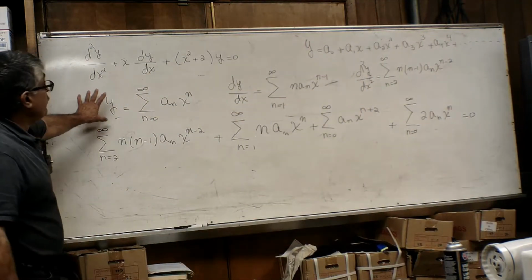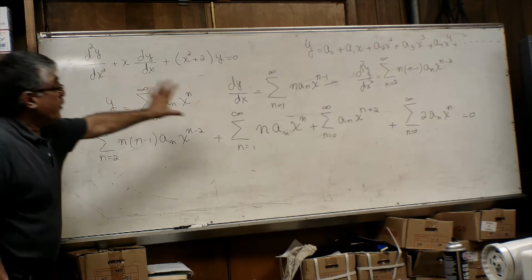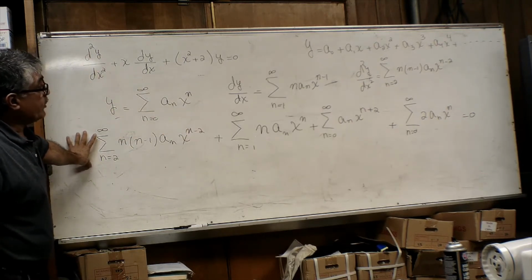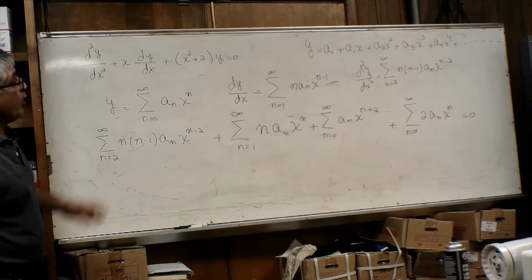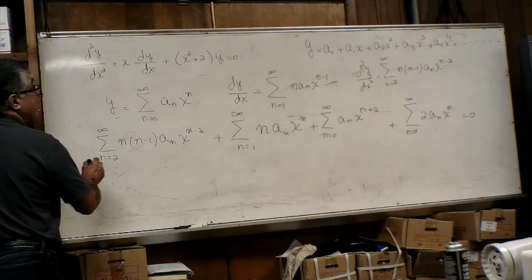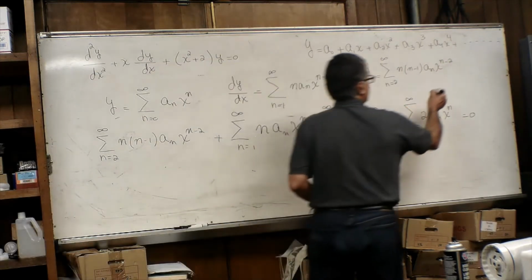So this is our first step: we apply the values in the differential equation, and we have reached this point. Now our next step is to write this in the form of